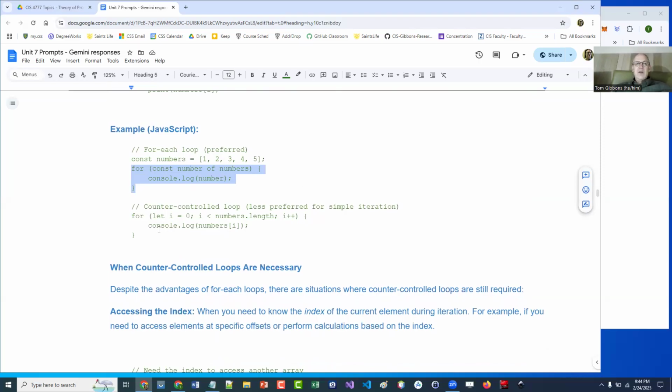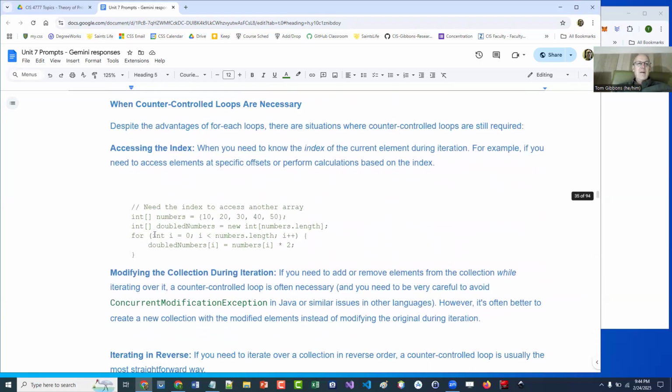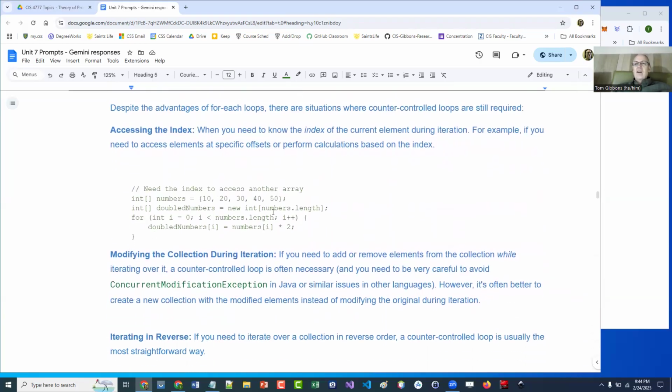But there are a number of conditions where the for each loop doesn't work. The for each loop basically works anytime you want to do something for every element in an array or a collection, which is a lot of times. But if you need to keep track of the index that you're at, the spot, then you may need to keep track of that. Like here, we're keeping track of this index